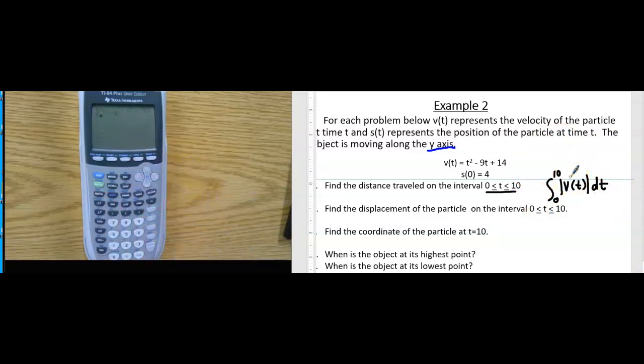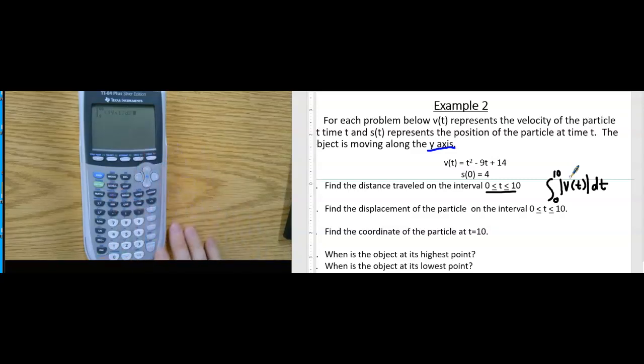You're going to push 9 to bring up the integral. You're going to type 0 to 10 for your limits. And then you're going to type in the absolute value of velocity. So how do we get absolute value again? You push math. You're going to scroll over to where it says num. And then you're going to click 1 for abs. And that's absolute value. And then you're just going to type the function in there, which we've got stored under y1. So I'm going to put vars, scroll over to y vars, select function, select y1, and it's in there,